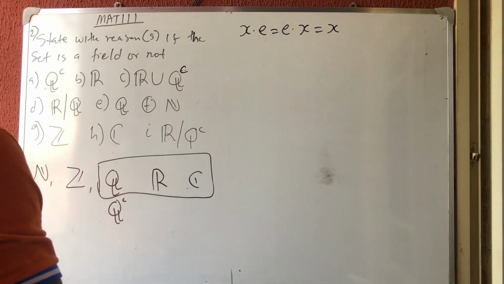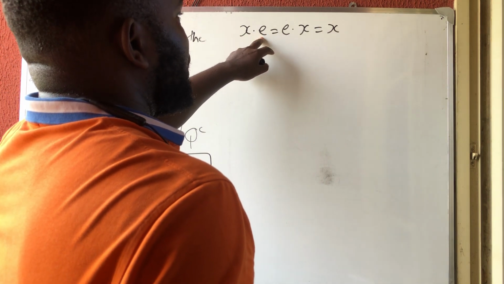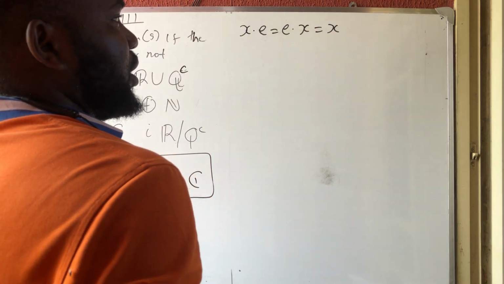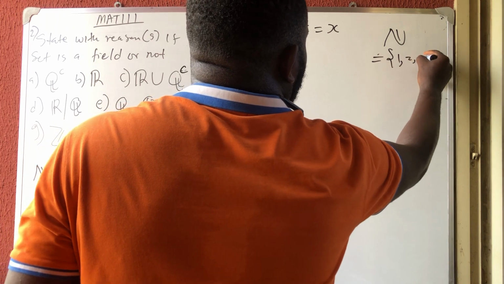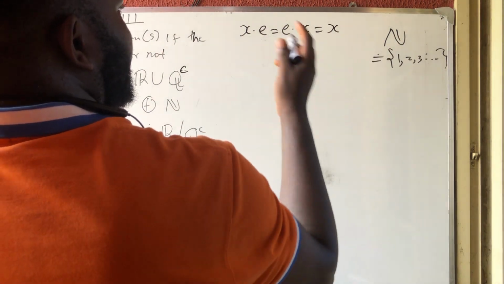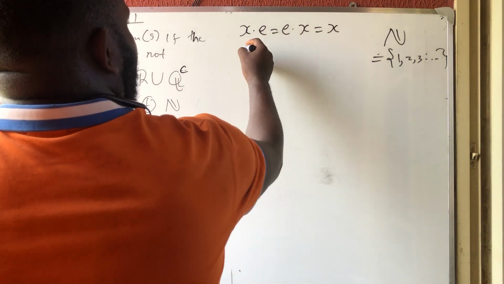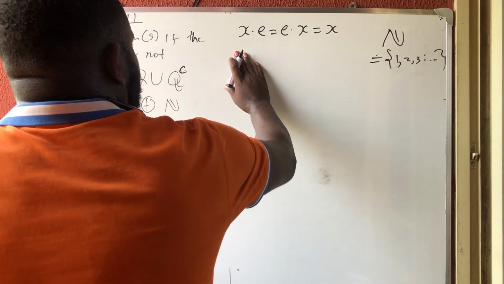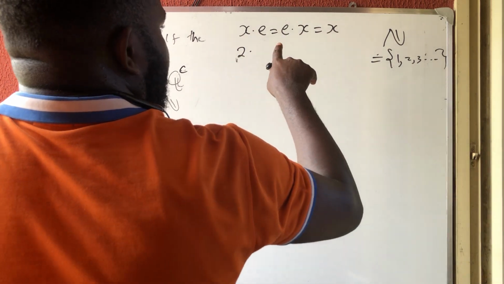Okay, in the natural numbers, can you give me any number such that if you multiply it by any number you get that number? It's not possible. The set of natural numbers is 1, 2, 3, and so on to infinity. Pick any two numbers here that when you multiply them you get itself. It's not possible. Like 1, for example, times, there is nothing. Okay, let me say 2, for example. 2 times, the only thing that can give me,